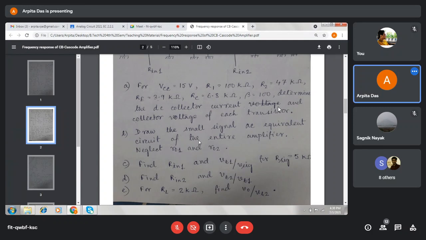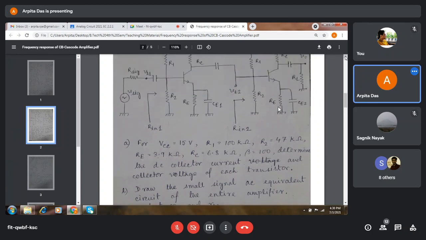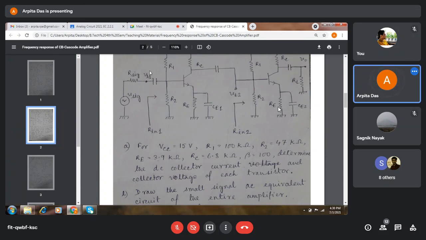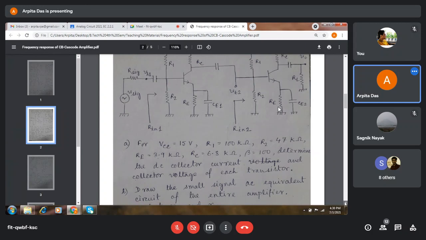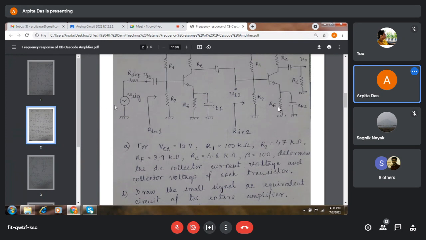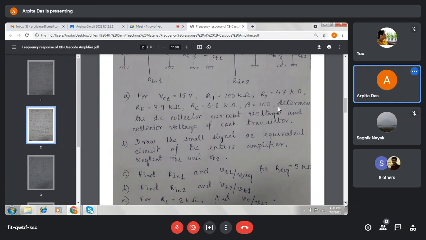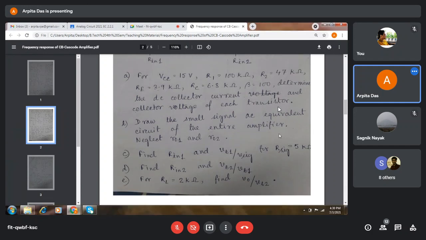Now, by considering these things, you have to calculate this Rin1, the input resistance of the first stage amplifier, then VB1 by VC. What is VB1? It is symbolized in the circuit. This node is pointed as VB1 and VC. What is VC? The signal source. So you first compute the ratio of VB1 by VC, where the RC value, meaning signal resistance value, is given as 5 kilo ohm.